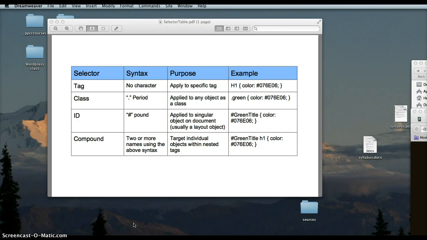So the situation that I created here is I have a green title area, it would probably be div ID equals green title. And within that object, that area, I'd have an h1 tag. And then this particular style would only be directed towards that h1 element that's nested inside the green